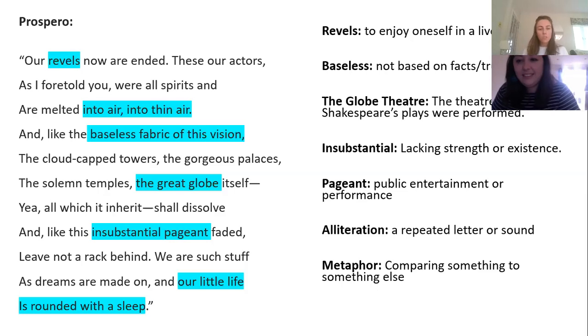I guess for me, I always try to zoom in on pronouns and think about what that tells us about a character's relationship with other characters, how they perceive themselves, and their interactions with others. So as we get towards the end of the extract, there is a change from the first person pronoun, which is I, and how this is Prospero's own interpretation, and it changes to we and our, which is first person pronoun plural. So this idea that actually the island is experienced and owned by everybody,